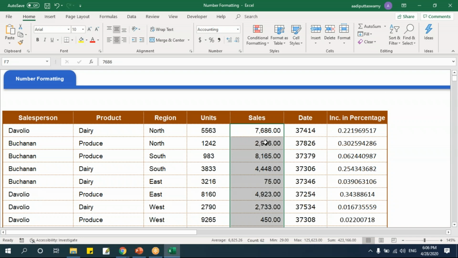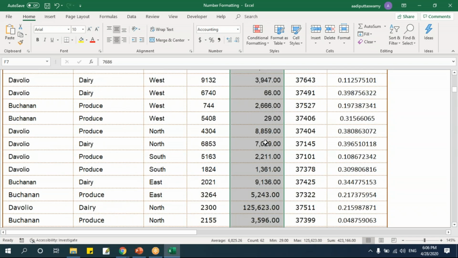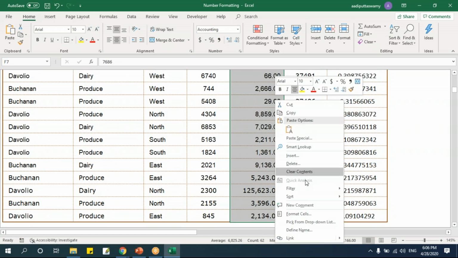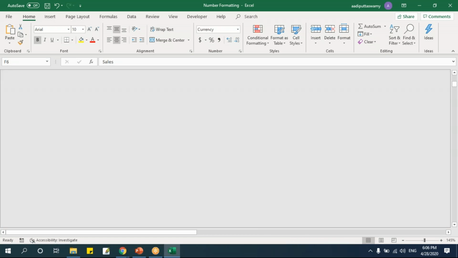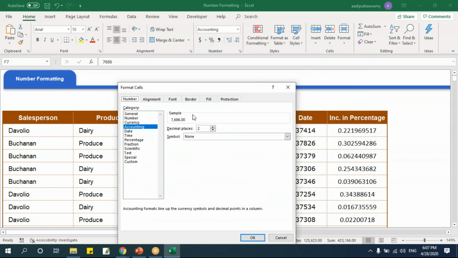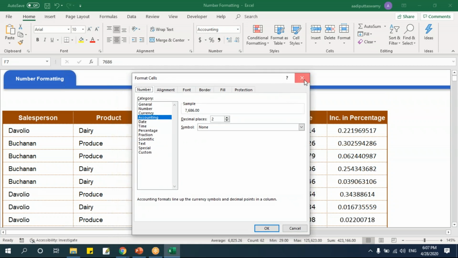But what if I want to add more options for this? Then I have the Format Cells option. For that, I can either select and right-click, and there is Format Cells here. Otherwise, the easiest way is the shortcut key Control 1. Keep in mind, Control 1 is one shortcut key which will help us go to the format window for anything in Excel. It can be an object, chart, cell, pivot table, or anything. Just select Control 1, and it will take me to the formatting window. Again, I'll show you Control 1 and come to this window.